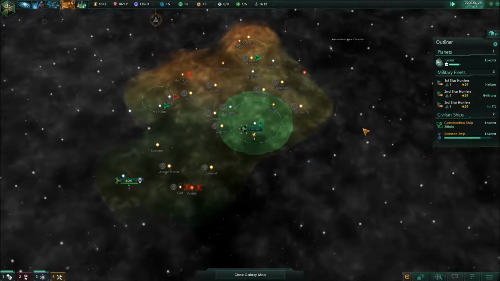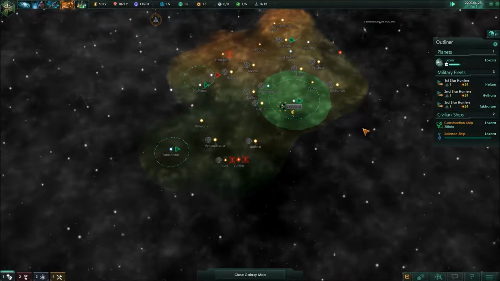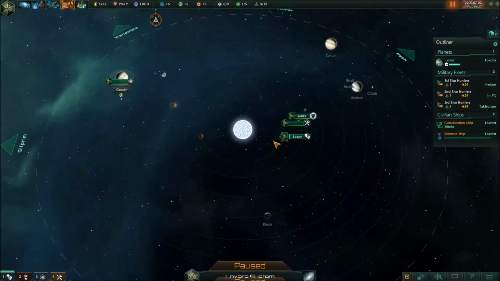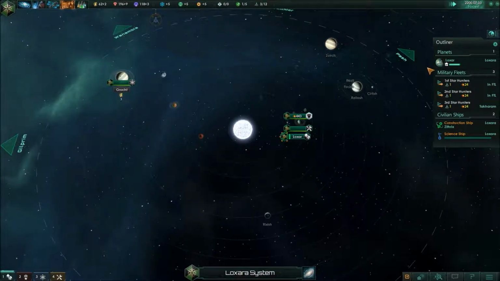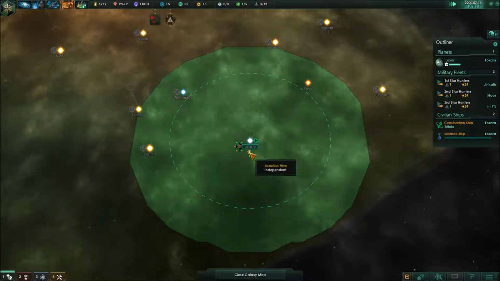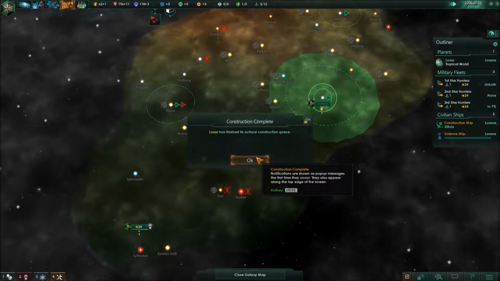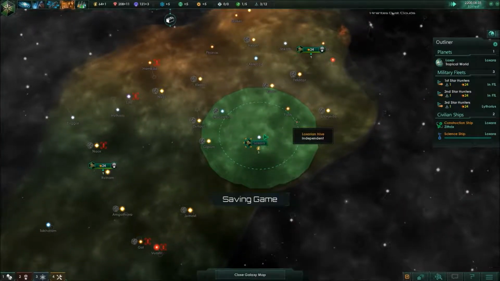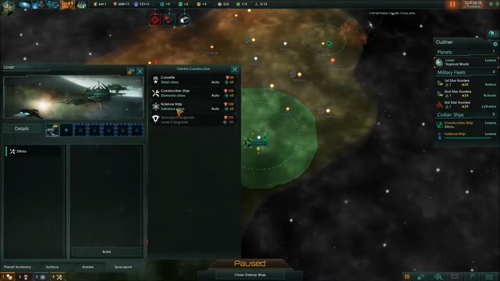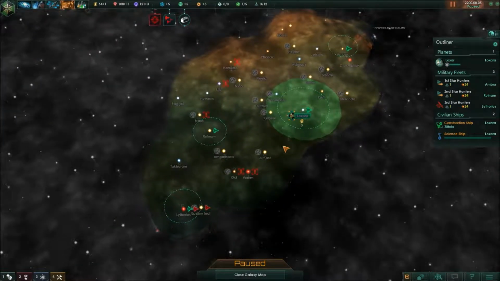The playthrough mode I'm going to do here is we are the Grasshoppers. We are going to expand rapidly in as many directions as possible. These are credits. We want minerals instead. Construction complete. Another thing we could do is build an extra science ship, so I think we'll do that, because I haven't seen any...